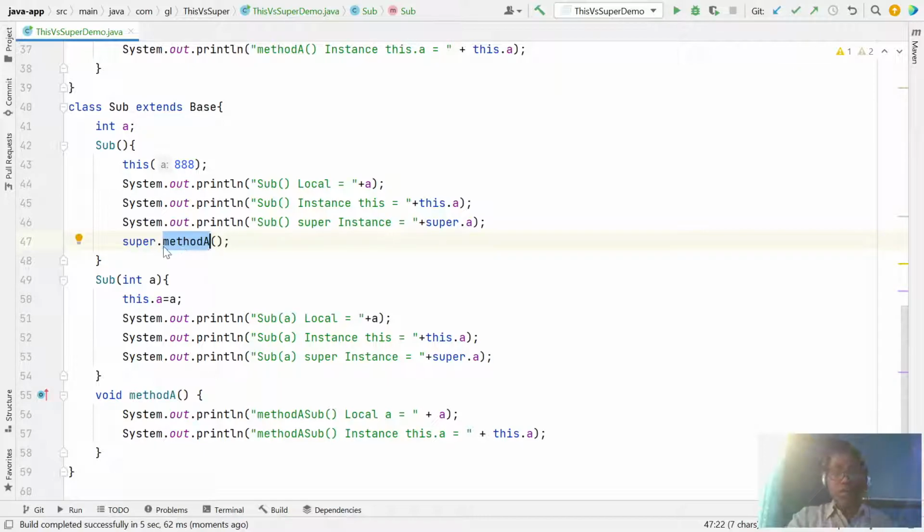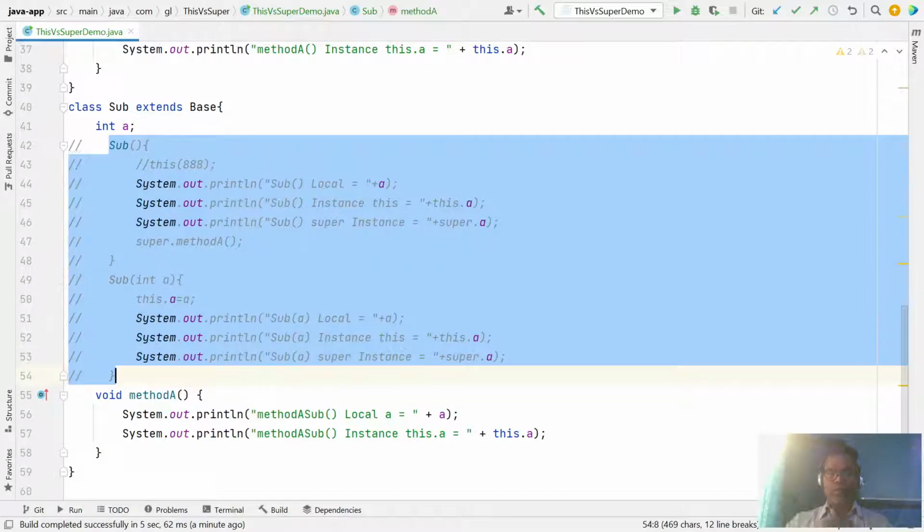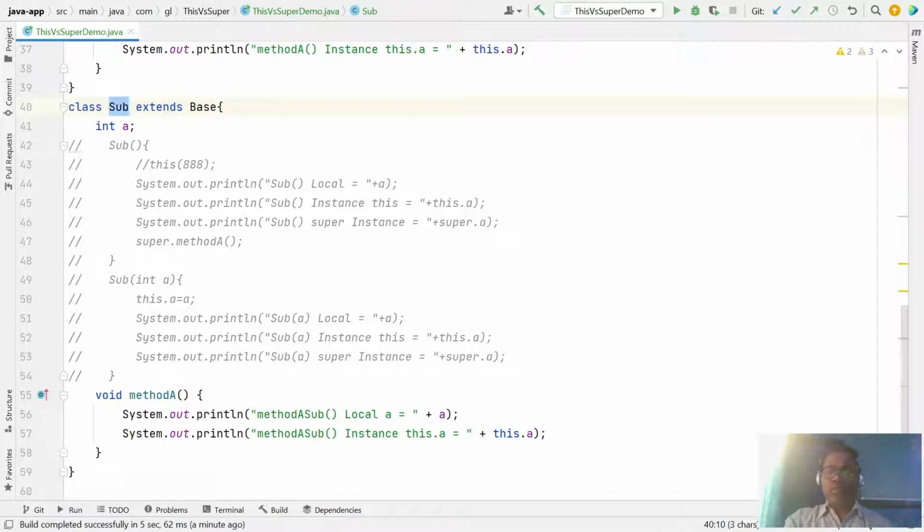Similarly, the third use is to invoke the super constructor, the super class constructor. First, let's say you have not defined any constructor in the subclass. Whenever you are creating a subclass object, it is going to invoke the base class constructor.